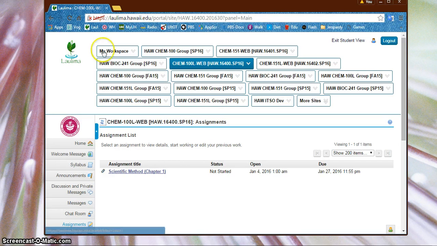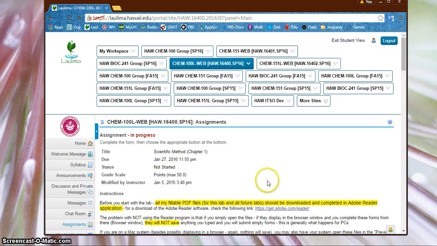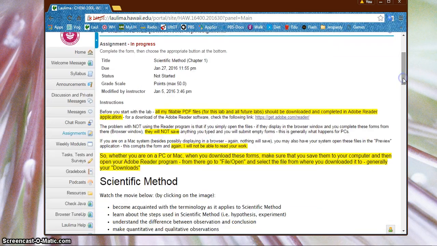So let's get started. Open up one of your assignments. The first one would be for the scientific method. Click on it and it will open up. I also have instructions in this area right here. When you open it up, read through that and it explains exactly what I'm going to show you. You will need the Adobe Reader program. I have a link for how to get that right there. So click on that if you don't have an Adobe Reader and download it and have it available as software